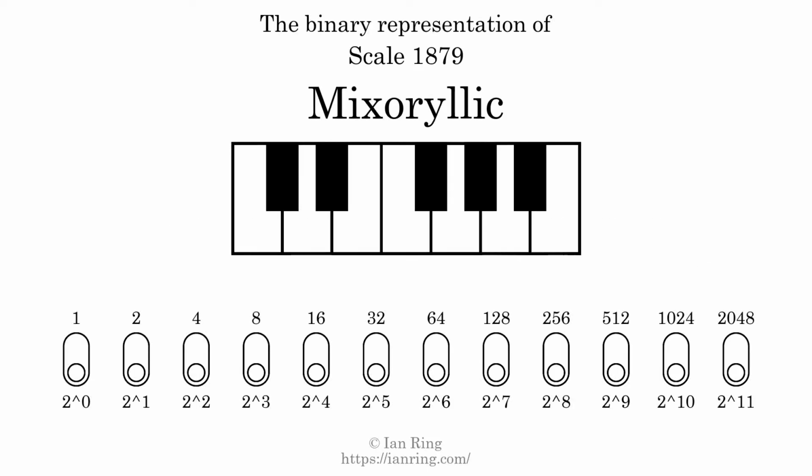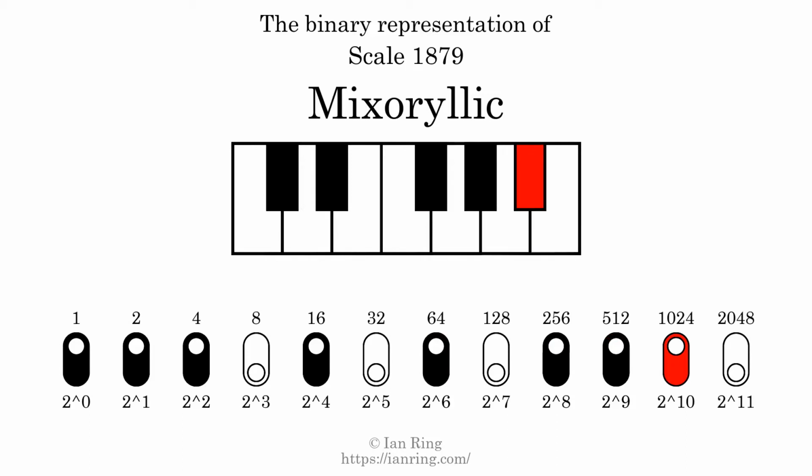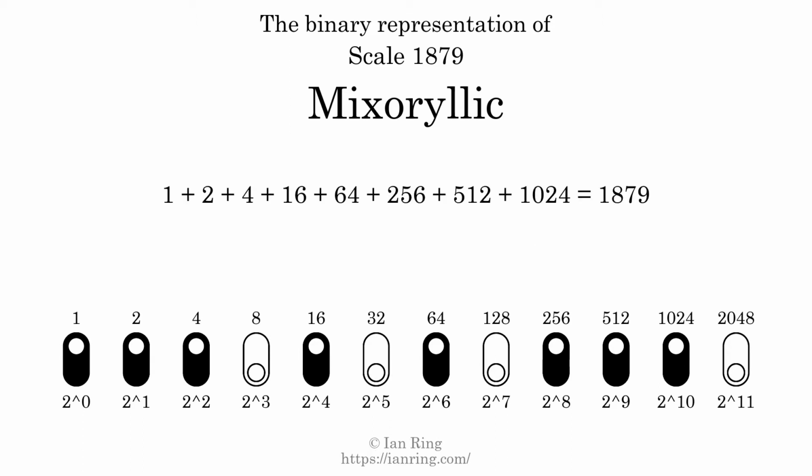The binary representation of this scale is determined by mapping tones of the scale to binary digits. Each binary digit represents a power of 2. To get the scale number, we add the powers of 2 together. The powers of 2 that are present in the scale, all added together, equals 1879. That is why the scale number, in decimal, is 1879. The scale number not only enumerates the scale with a unique index, but it also literally describes the tonal content of the scale. Represented as a binary number in base 2, the scale number is